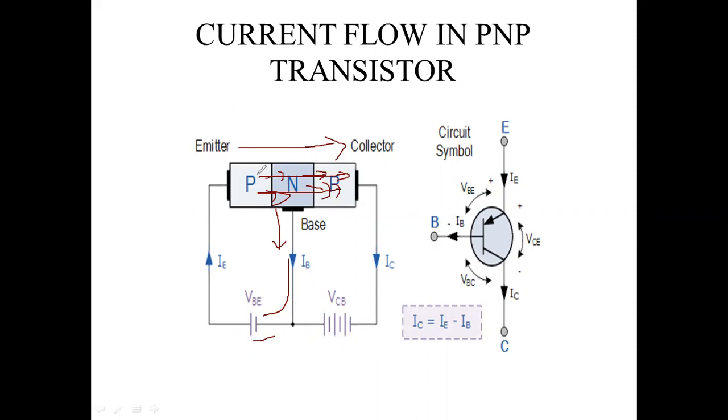So some current from emitter to base will flow here now. So the total current IC, how much current is coming here? IC current should come from emitter to the collector. But IC equal to IE, IE is coming towards the IC, minus IB we have to write here. IE minus IB. So some current is flowing through the base and returning to the source. So IC equal to IE minus IB.